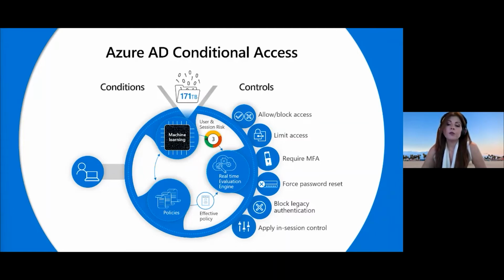So, for example, a developer won't be able to upload code to a storage account or an S3 bucket from an unknown device that may be compromised. And you can require multi-factor authentication when accessing high privilege resources like Azure Portal, or even a payroll application. So it enables you to fine-tune access based on contextual user information, such as user, device state, and